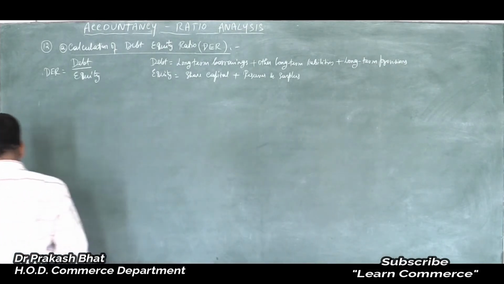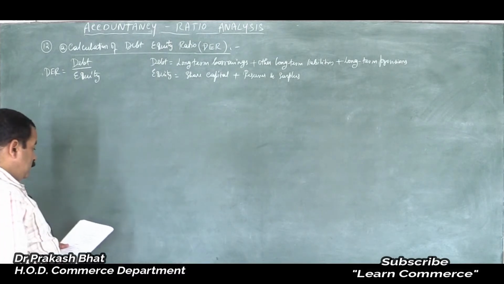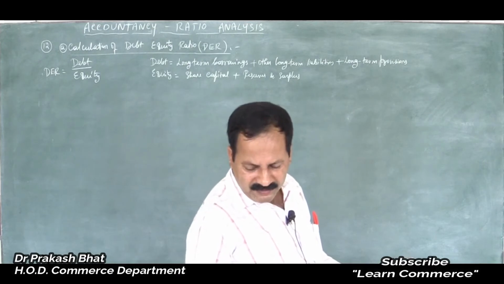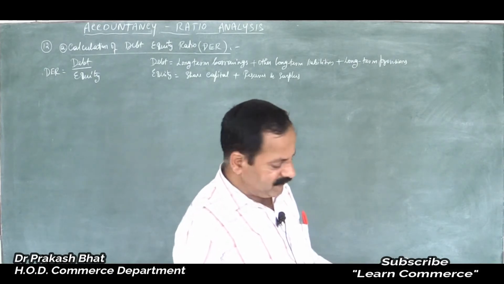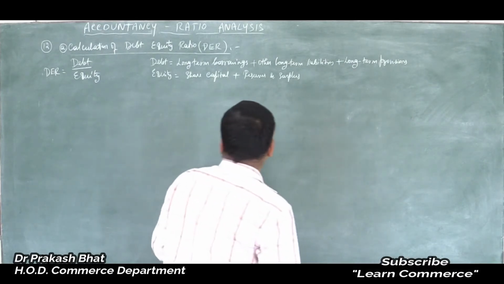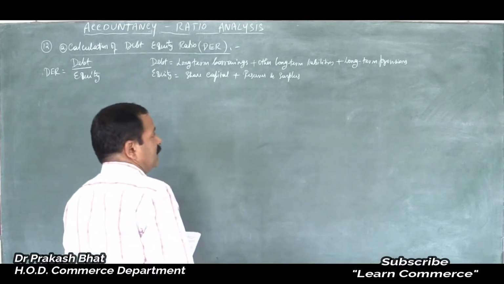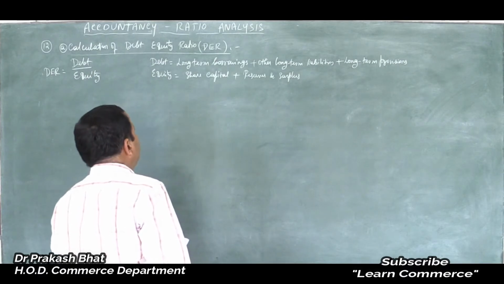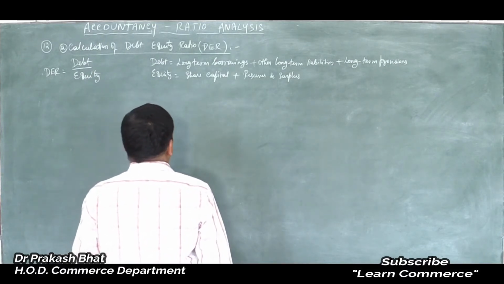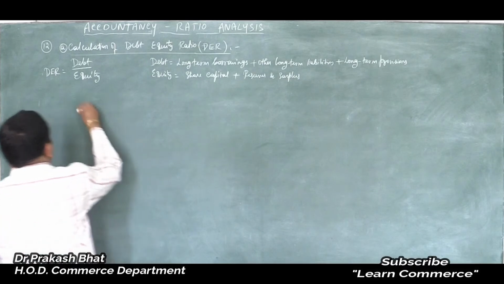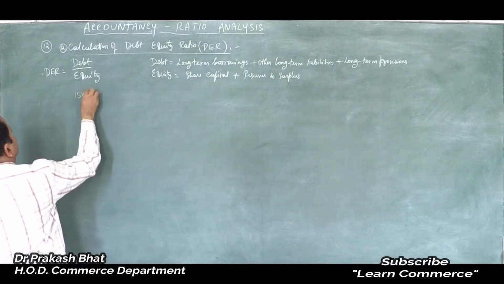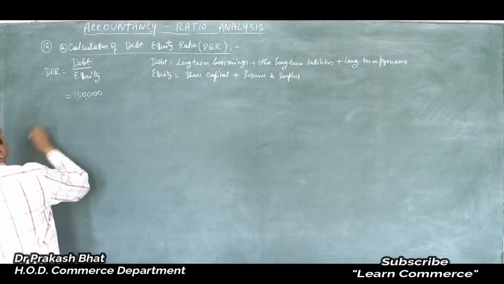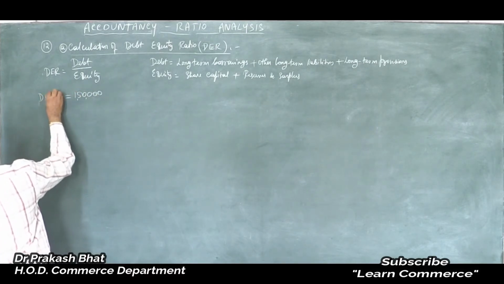Now here in this problem, long term borrowings are there. How much is it? 1,50,000. Other long term liabilities are not there. Long term provisions are not there. So long term borrowings only is there, 1,50,000. Debt equity ratio is equal to